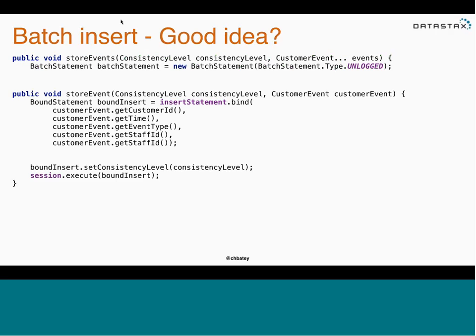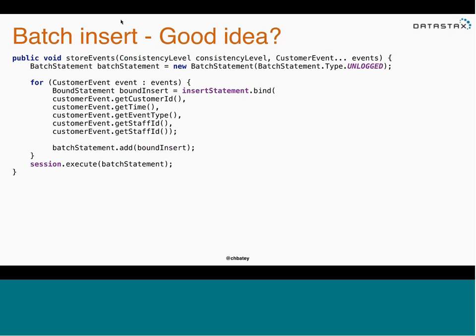But of course, with performance in mind, you might think, yeah, I'm going to put these in a batch and increase my performance. So the code doesn't change much. What we've done to the method signature is we've actually started taking in a variable number of customer events. So if you don't know Java, those 3 periods means that we can pass in many of them, essentially an array of customer events. And what we do is we create a batch statement, type unlogged, we loop around, we add all the events to a batch, and then we execute all